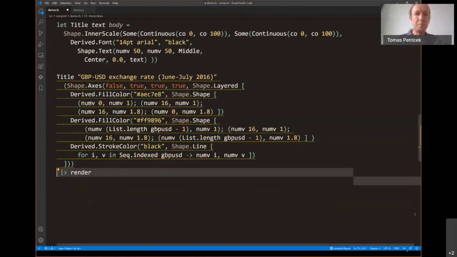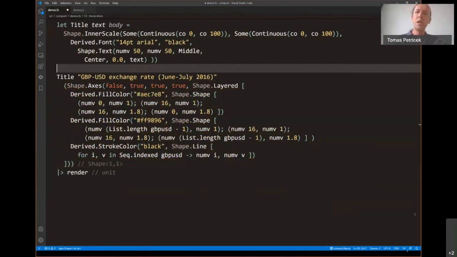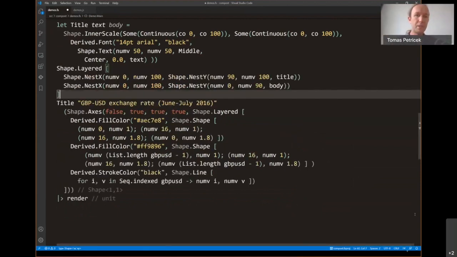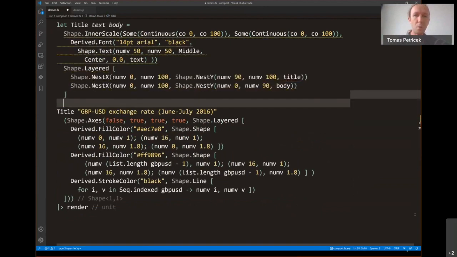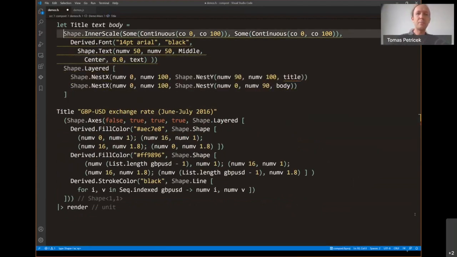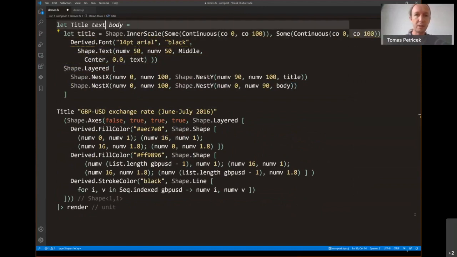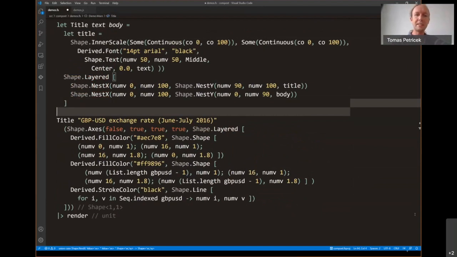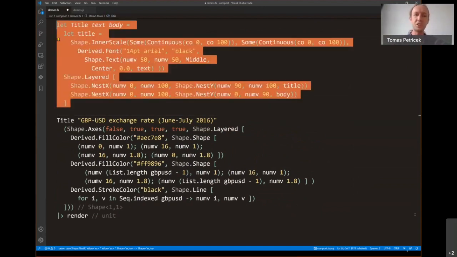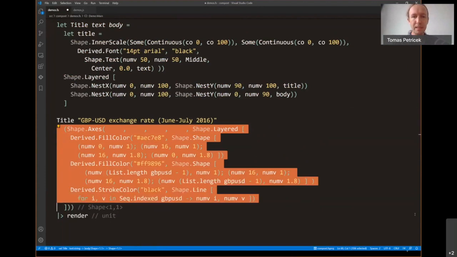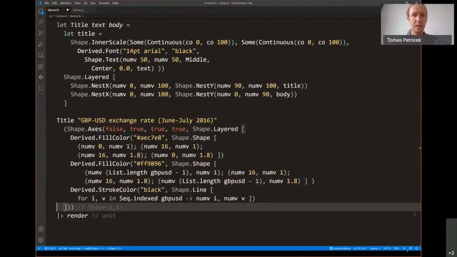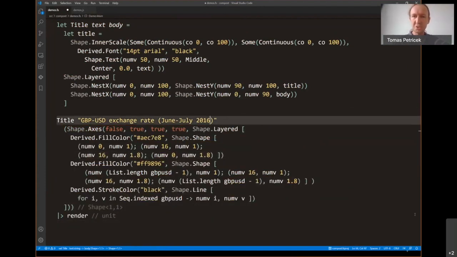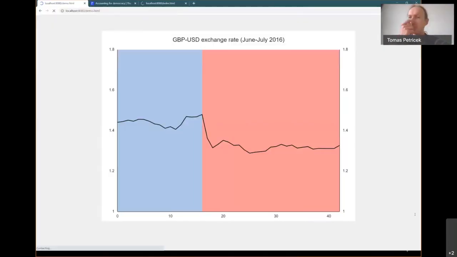And in the title operation, I'm going to define the elements that define the title at the top. And I'm going to use this layering to combine that with some body that the user provides. I'm going to get some text and some body, and this title function is just saying, whatever you gave me, I'll put a title on top. Now I'm going to change this just by adding some exclamation marks to see that this actually did change,